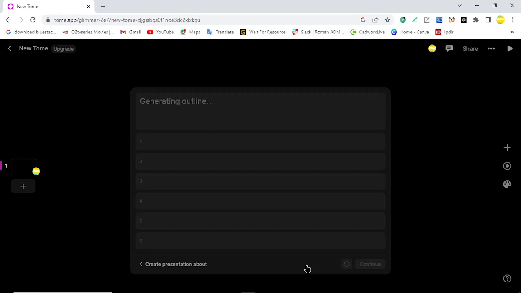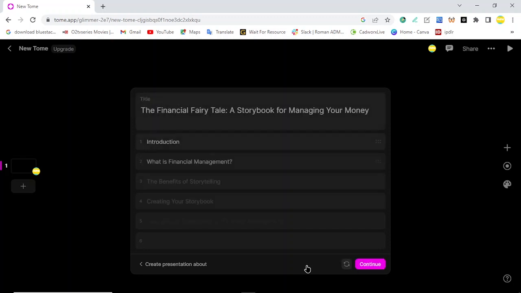Then it's going to be generating the outline for us, the content, the table of contents. So you can use it for a book. You just need to enhance it, tell it to write more, and you need to pay for that one. You can see what it brings out.